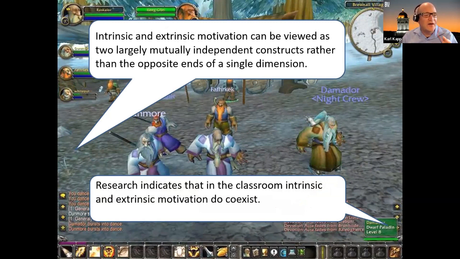And so what do I mean by that? Well, early on in motivational research, the researchers postulated, and the lens through which they looked at motivation was, a person was either internally, intrinsically motivated or externally, extrinsically motivated. You couldn't be both, right? They were dependent, right? The more intrinsically motivated you were, the less extrinsically motivated, and vice versa. But it turns out that's not true. Somebody can be both internally and externally motivated at the same time.